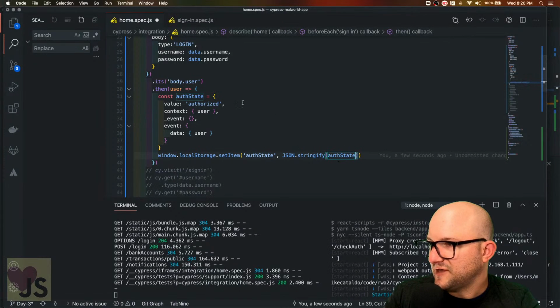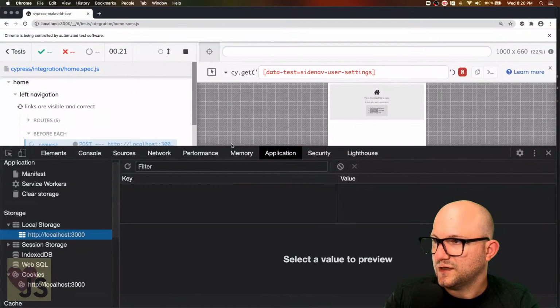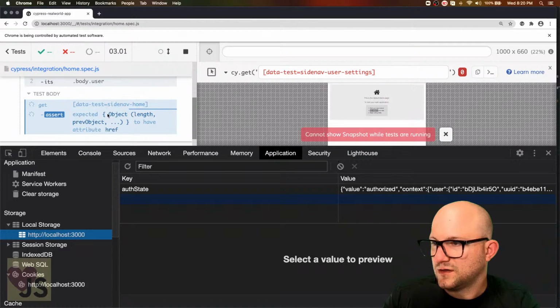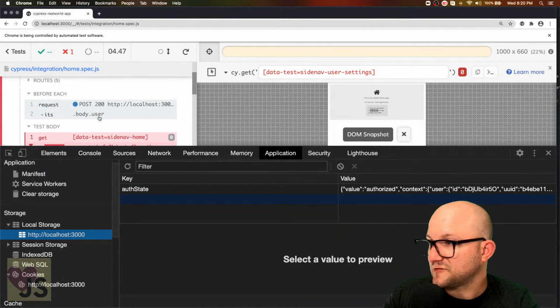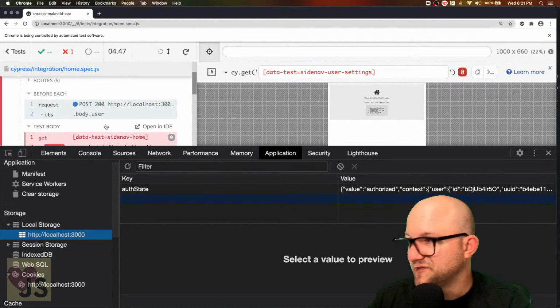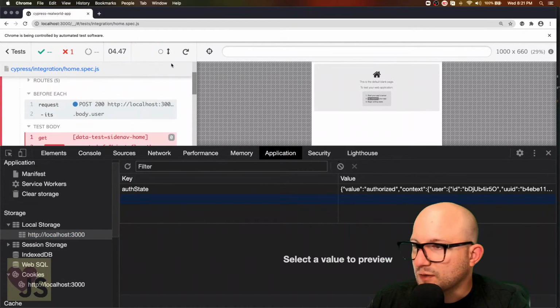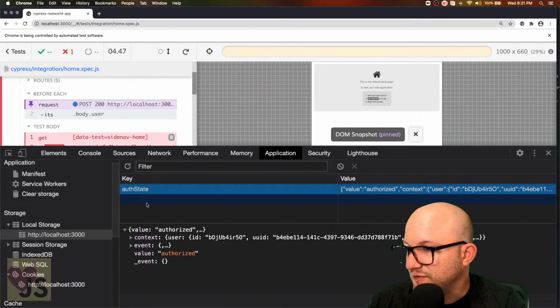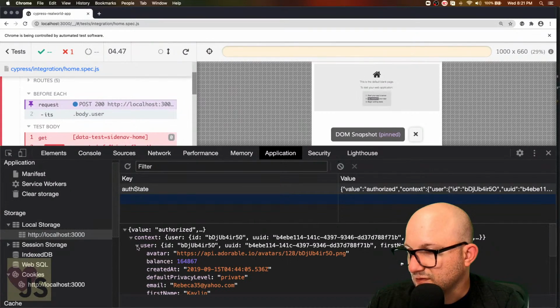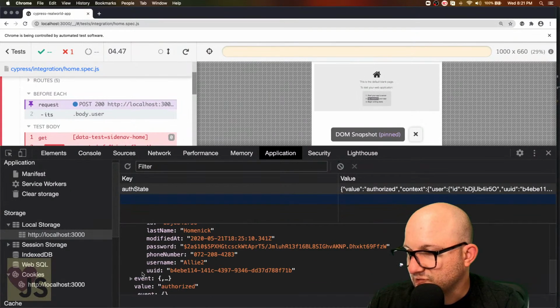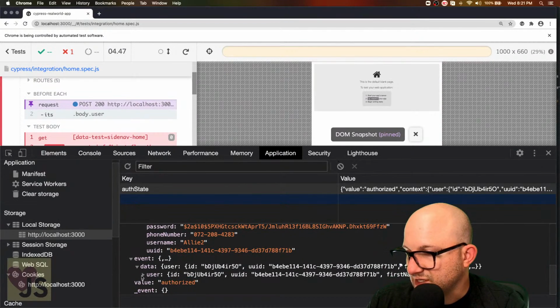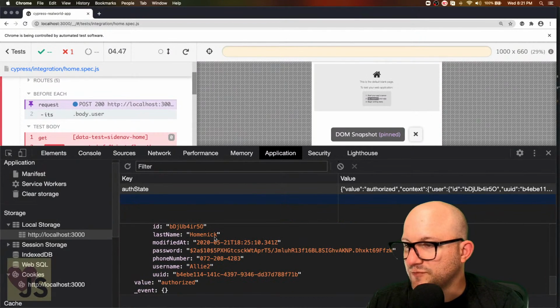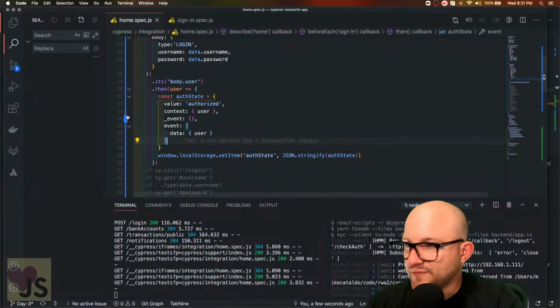So now we've got auth state, it's all set, and let's go ahead and go. Okay, now this obviously fails because we still haven't visited the page yet, right? But the request went through still. But this time the auth state did get set because we did that local storage, and it has this context user in it, and it has this event.data.user. So we did that. So we're mimicking what the application does,